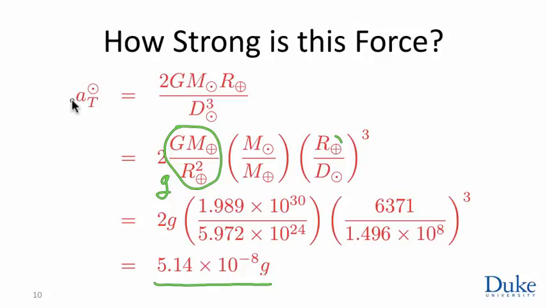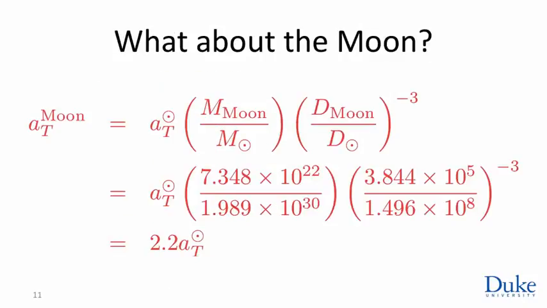What else might exert a tidal influence on the Earth? Well, the second object that we might imagine would be the moon. Now, the moon is much less massive than the sun, but it is closer. And so, because of this third power of the distance, one might imagine that the tidal force generated by the moon might be comparable to that generated by the sun. And indeed, a simple scaling argument tells us that to get the tidal acceleration due to the moon relative to that from the sun, I multiply by the ratio of the masses and the ratio of the distances to the power -3. Plugging all the numbers in, I find